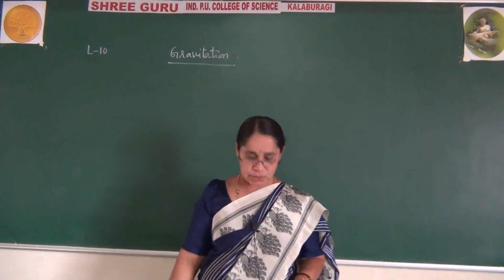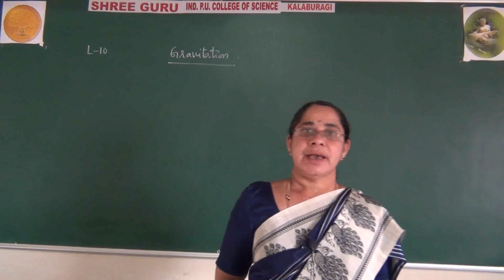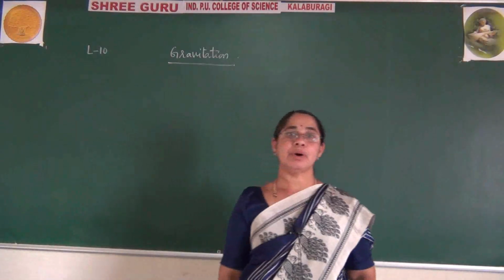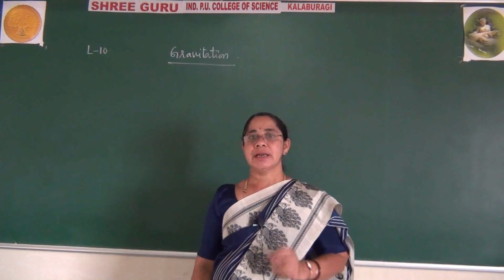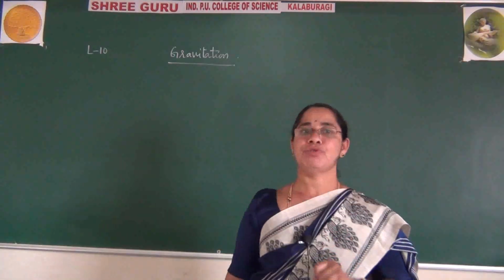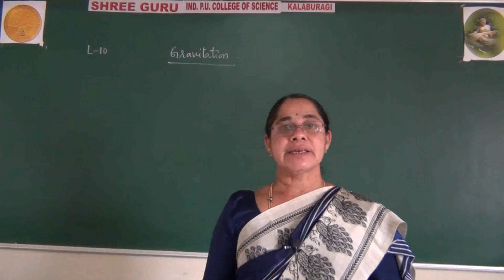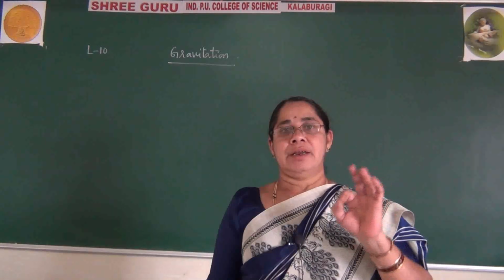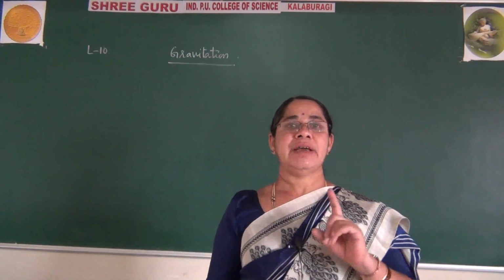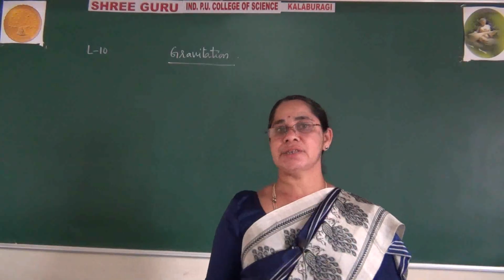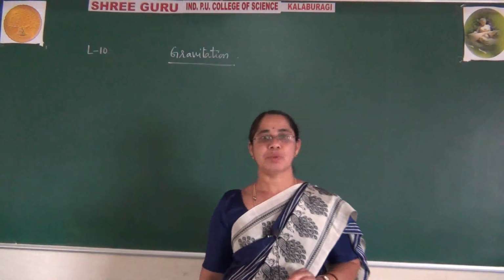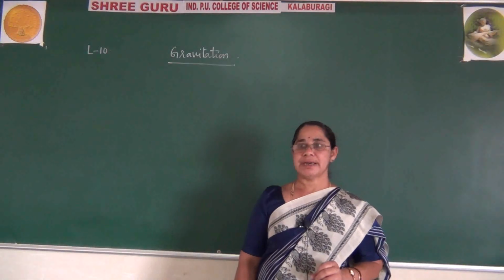So in the last class we have learned the acceleration due to gravity above the surface of the earth. We have learned one derivation. In that derivation we have learned two formulas, that is, acceleration due to gravity above the surface of the earth. But the final expression you have to write up to the end. I have given two conditions, when and where we have to use those formulas. Okay, hope you will understand that.